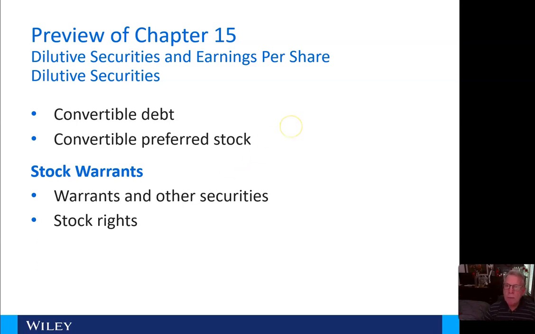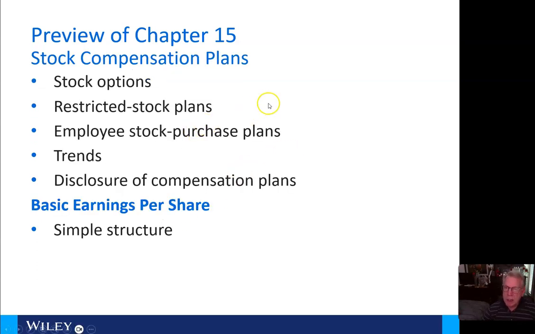So if we preview Chapter 15, our dilutive securities are going to include convertible debt and convertible preferred stock. Then we'll move into stock warrants. We'll look at stock warrants and some other securities, as well as stock rights. And if we look at stock compensation plans, we have several. We have stock options, we have restricted stock plans, we have employee stock purchase plans, trends, and disclosure of compensation